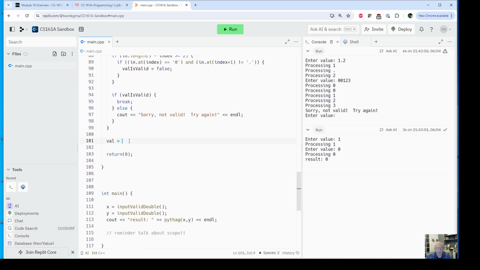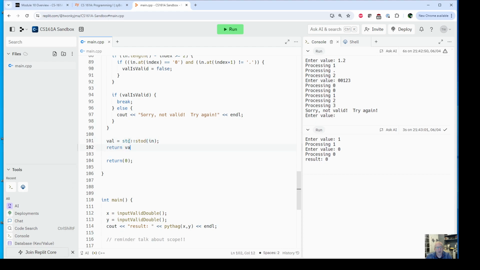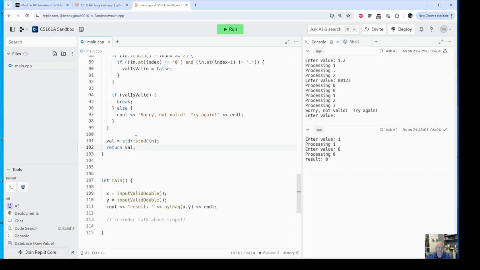We need to convert the string into val and return val. You can tell I always want to put my return values in parentheses. Okay, so now when we run this,